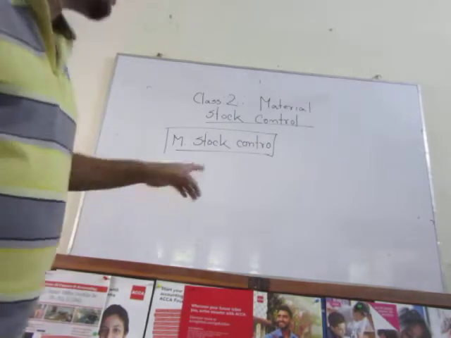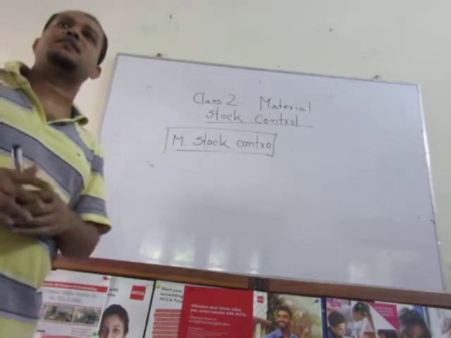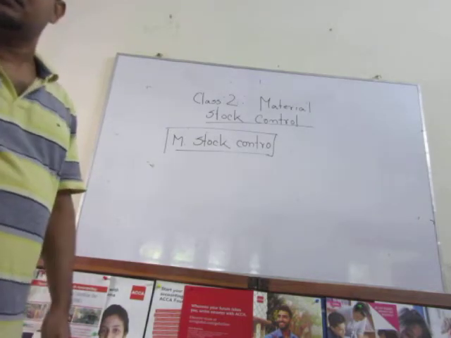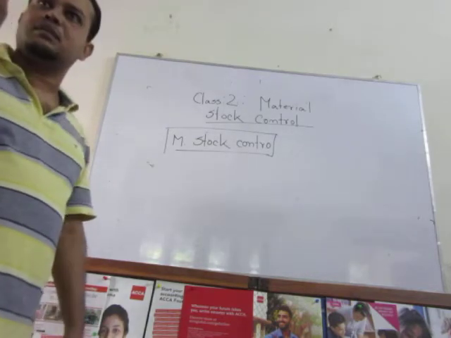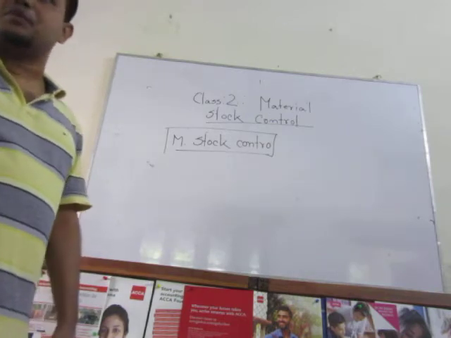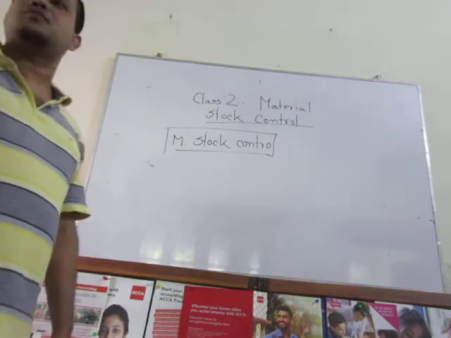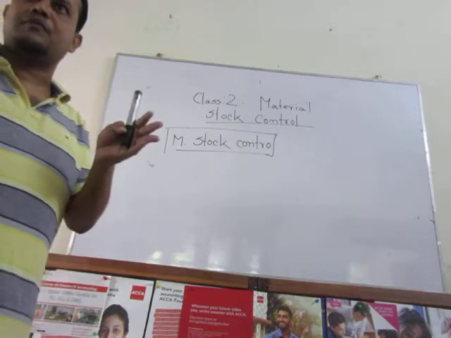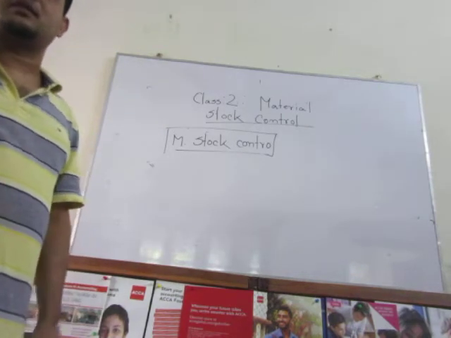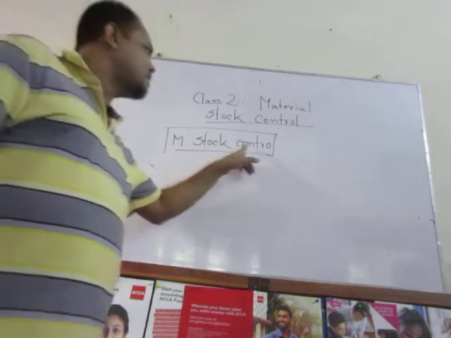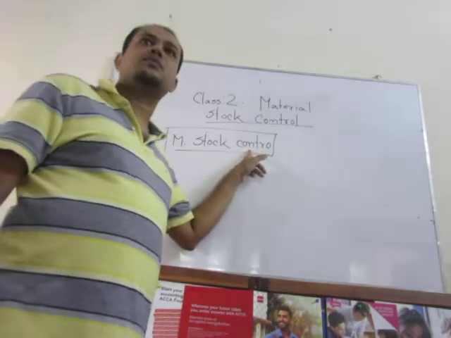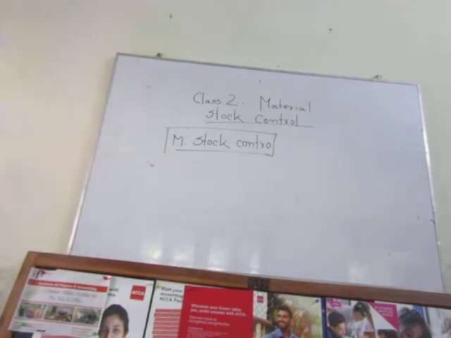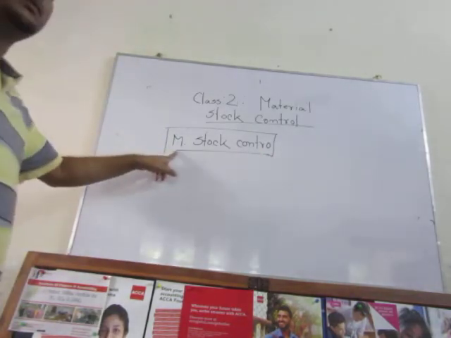So, material stock control is a kind of activity. What kind of activity? Activity means material ordering, material storing, then the process of requisition, then how the material is actually provided, and at the end of the day how the material, or the physical inventory, is actually calculated. That's all about the activity of material stock control. Now the thing is, why do we need this? What is the significance behind this? Why are we doing stock control?